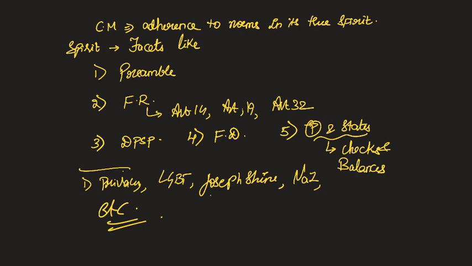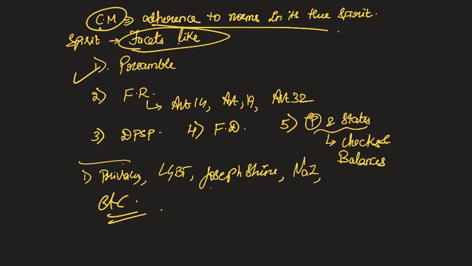Now comes the actual part. How do we organize all these thoughts into coherent structure? Firstly, whatever you understood as constitutional morality, you have to write down in a single line. That is adherence to the norms in the constitution in its truest spirit. The spirit of the constitution is actually visible in various facets, like, say, for example, the preamble of the constitution. You write down the ideals that the preamble expounds.